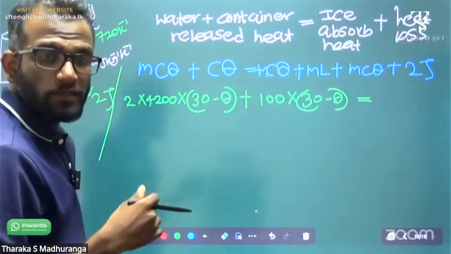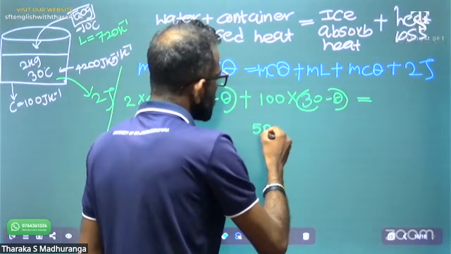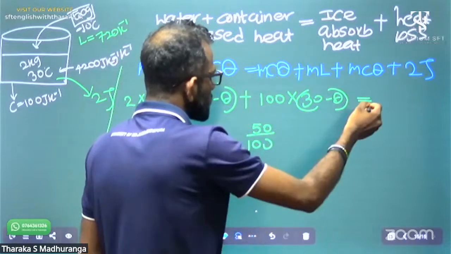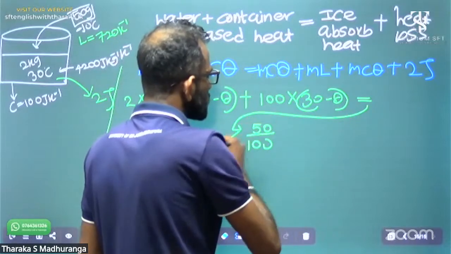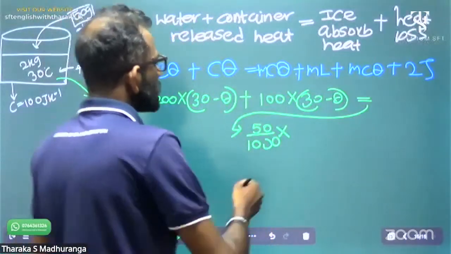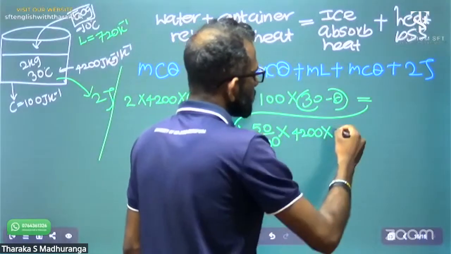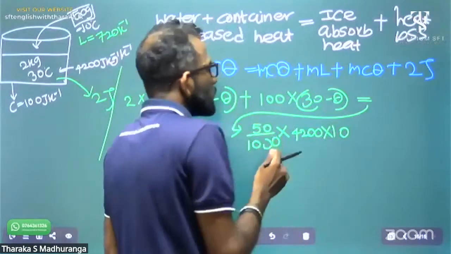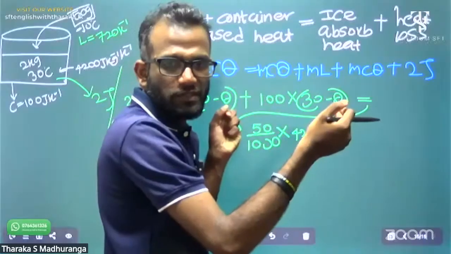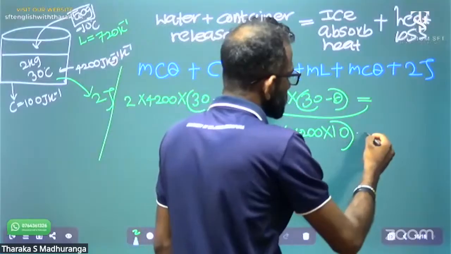The mass of the ice cube is 50 gram, which means 50 over 1000, times the specific heat capacity 4200, times the temperature difference 10, because it goes from minus 10 to 0 first. Plus